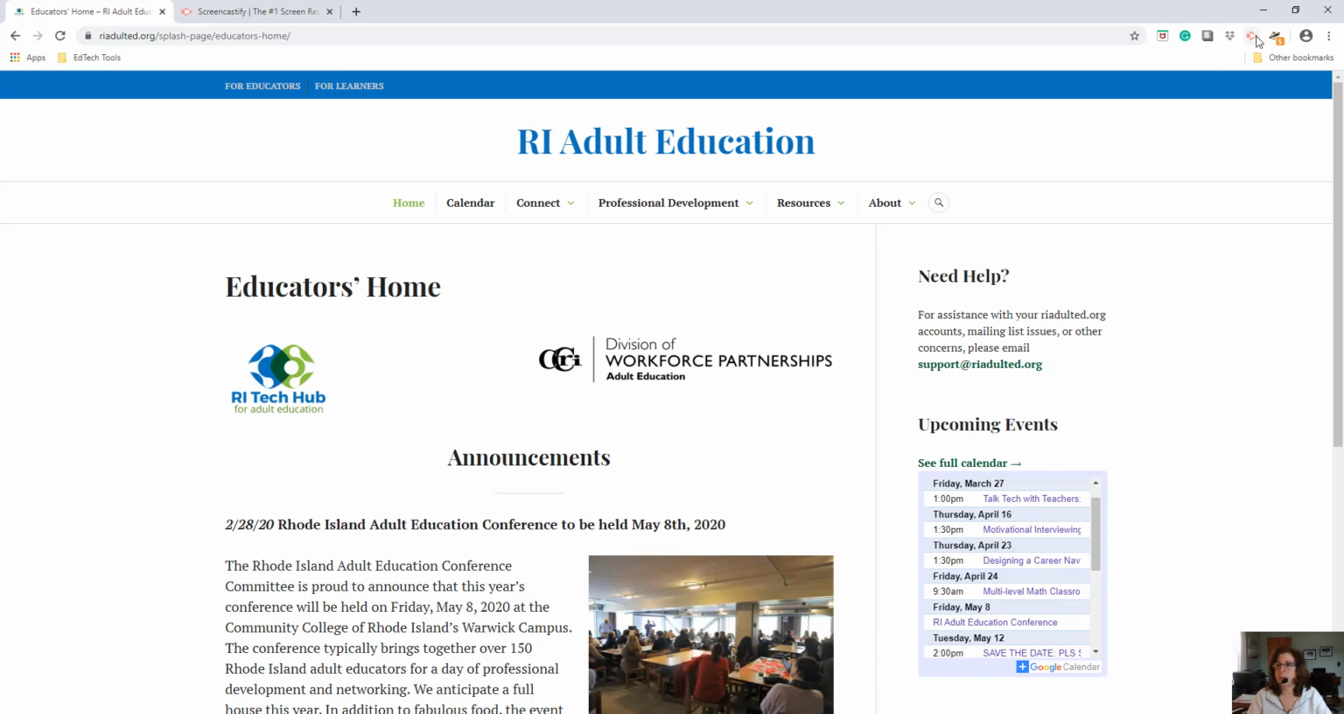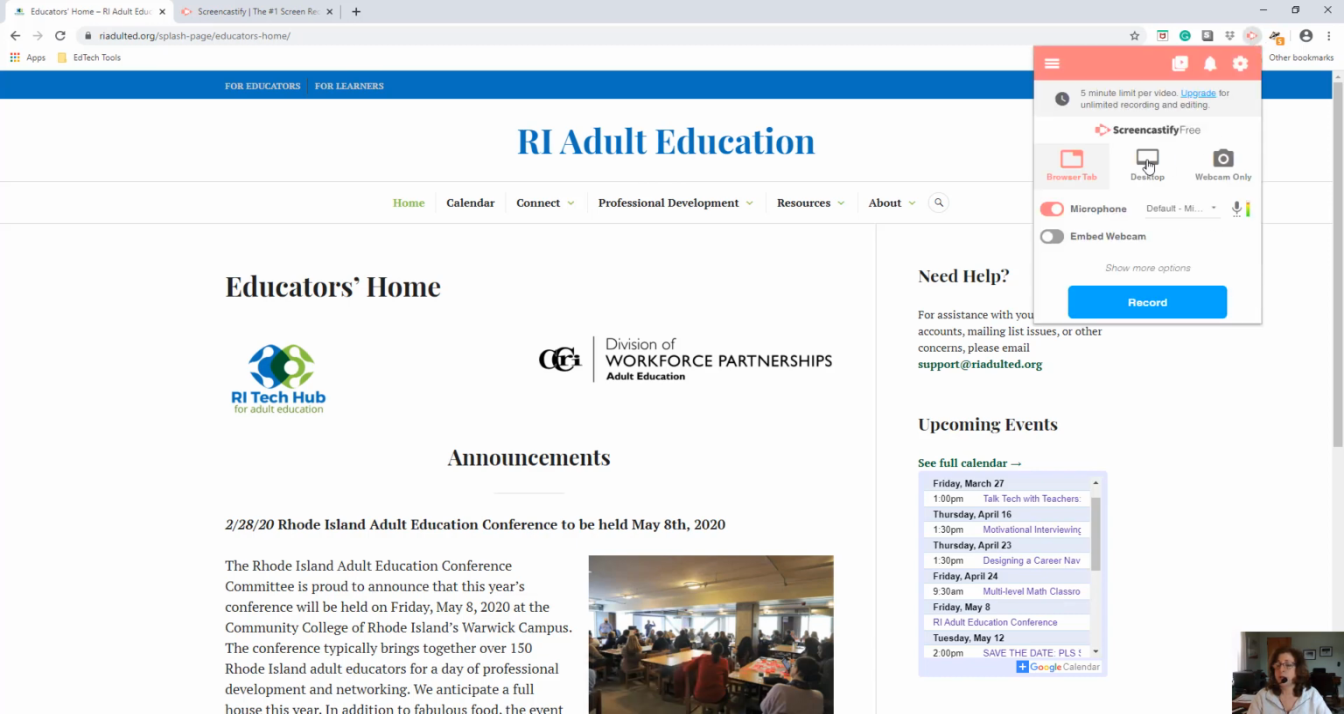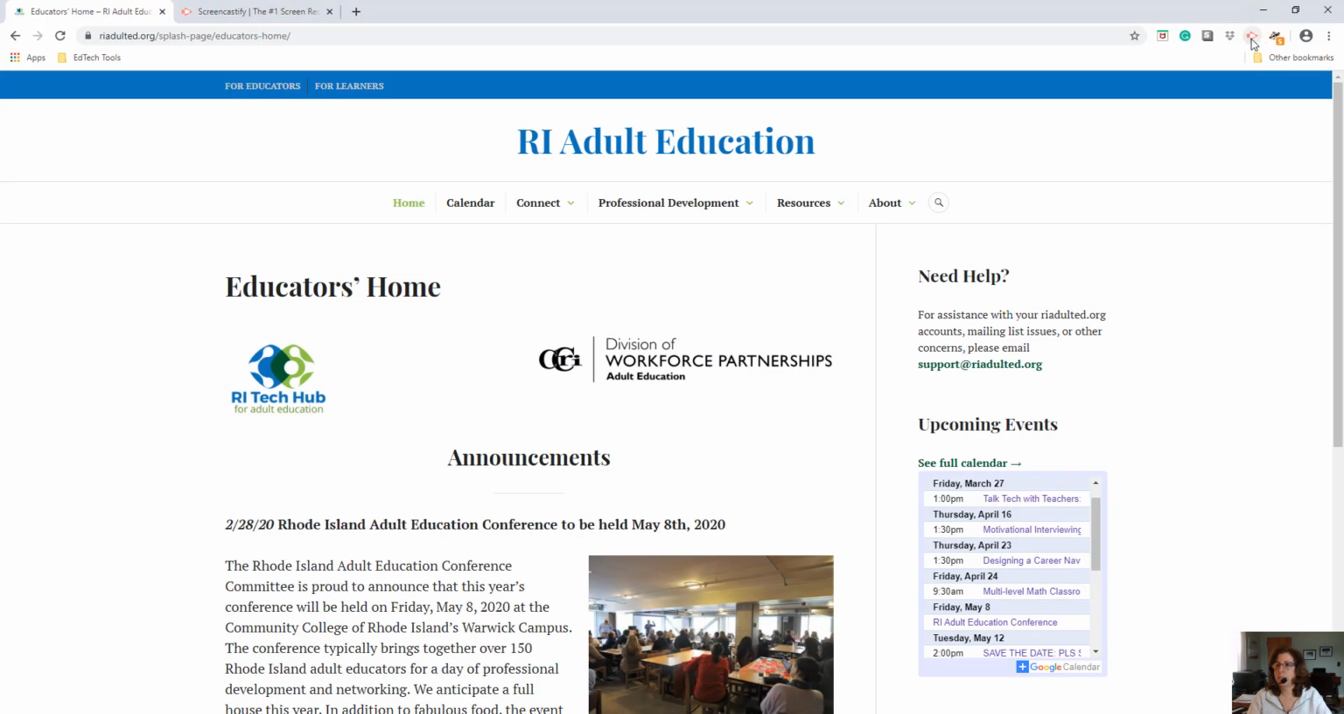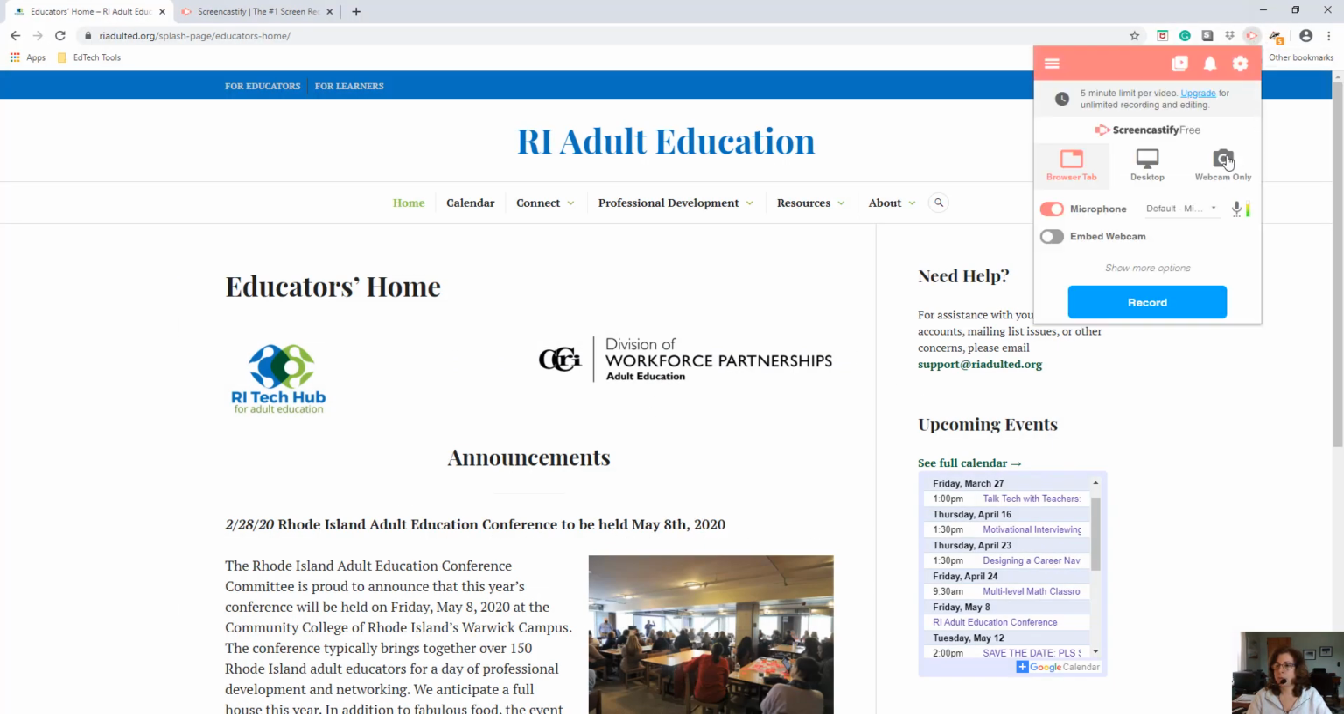Let me open that up again. I can record my desktop. So as I mentioned, if I went to a document like this, that's what would be recording. So anything that you have open, you can choose to record it. And I can also record a webcam only, which means the camera is pointing at me or whatever I have the camera pointing at. So if you want to just talk to your students and send a short message to them, like 2 minutes each day, maybe with an introduction to a lesson, you could do that